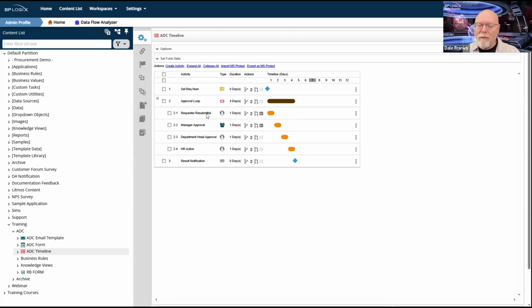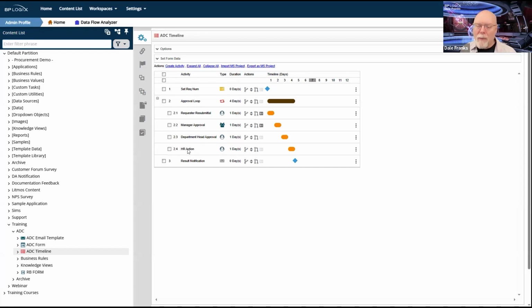And so we have 4 things that may happen as we perform our activities. First, I've got a requester resubmittal activity. I need my manager to approve. I need the department head to approve, and then we need to move it to HR for the actual action that gets taken. Obviously, all of these things are kind of HR related.